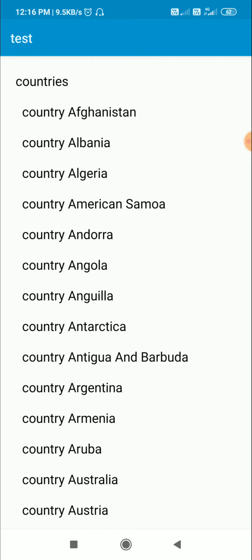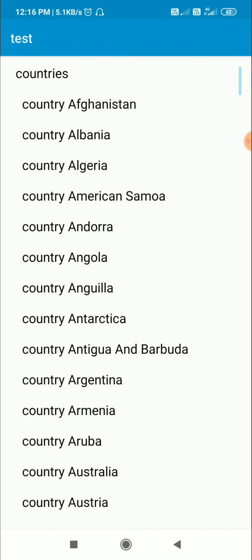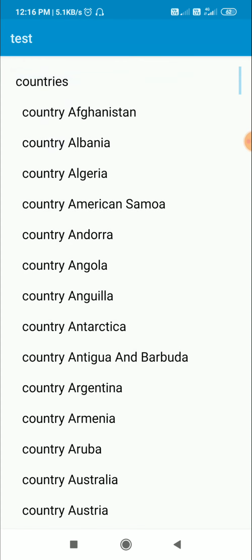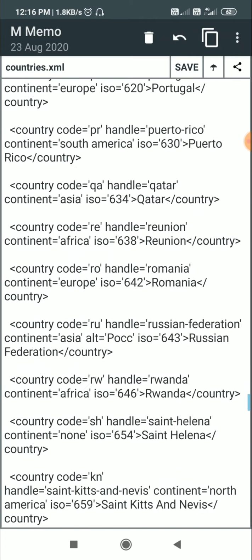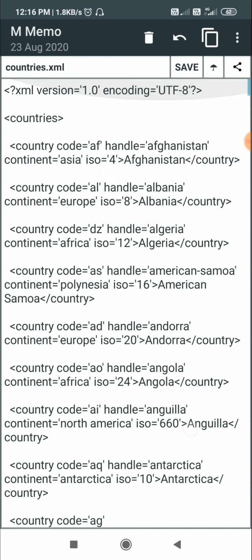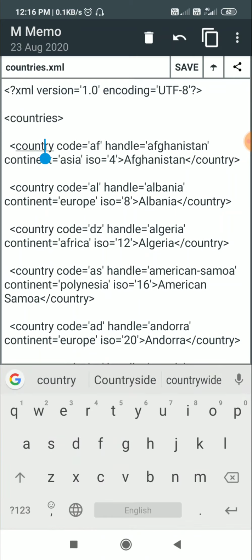So here you can see that the first tag was countries, and inside that there is the country tag followed by the name or the text in the country, which is the name of the country. So here you can see it contains this country tag followed by the name, which is here, and this country tag followed by this name.